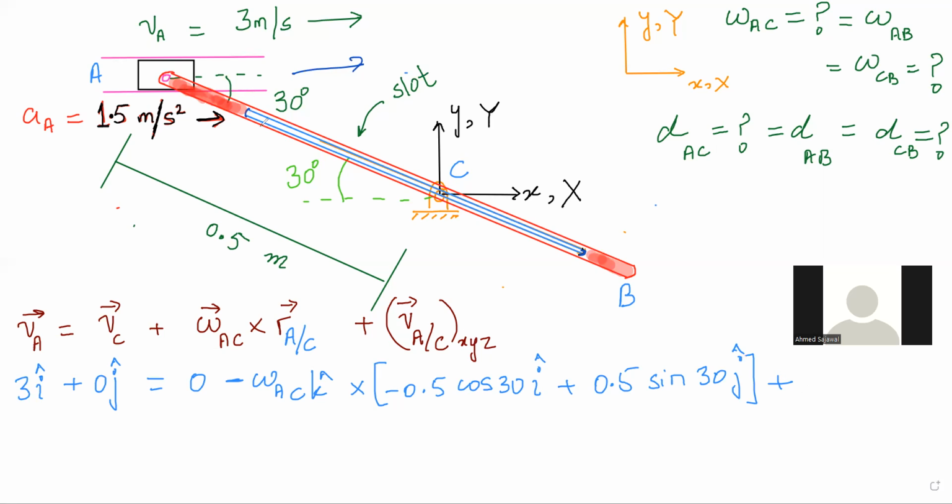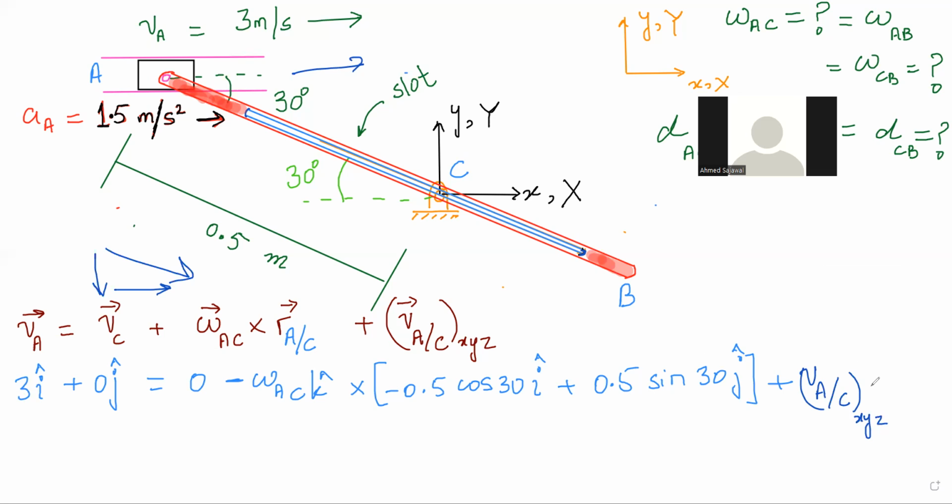So I think the only confusing thing is what is going to be the direction. I have this intuitive feel that this fellow is coming towards this, so I will put an arrow like this. If I put an arrow like this, then it will have two components, downwards and towards right. So I will write VA with respect to C bracket small xyz. That tells me that we are talking about relative motion. Cosine 30 I.